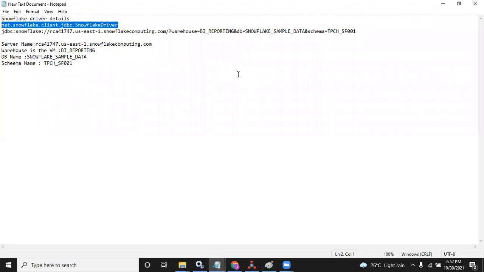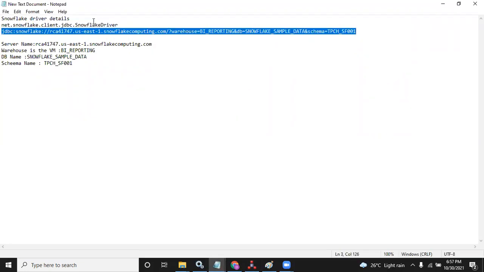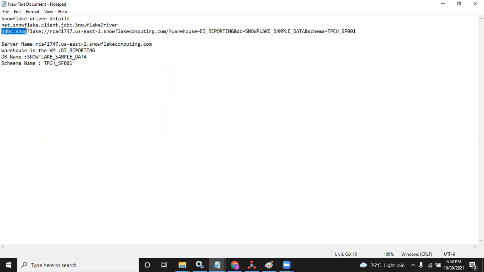Then afterwards, you can copy paste the URL here. This is the URL. I will place these two things in the comment section also. You can download from there. So this is the URL we needed here. This indicates the service name. Your Snowflake account service name you have to provide, and the warehouse name, and the DB name. In your Snowflake account, what is the DB? What is the schema? These are the details you have to edit and provide.